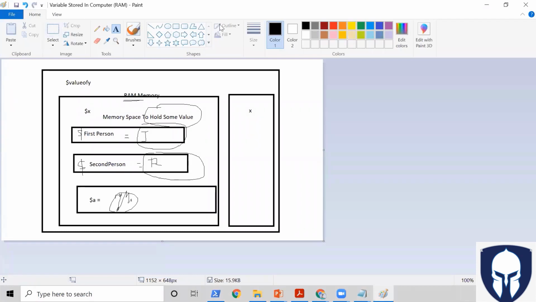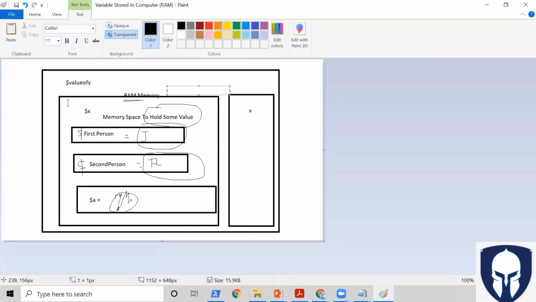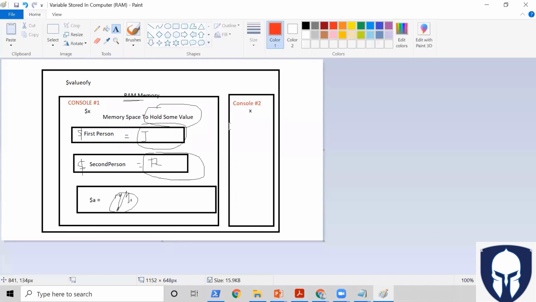The point is, how, let's say this is console number 1, and let's say this is console number 2. When I say console, it's a PowerShell console. How they both are separate. Similarly,